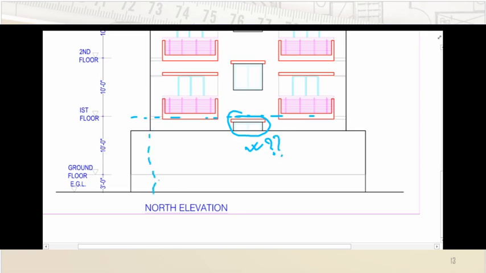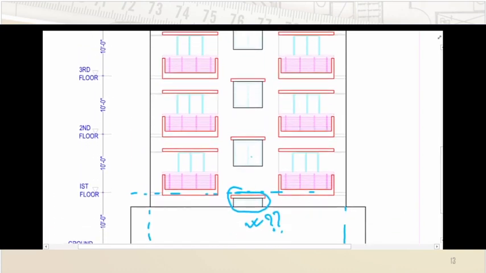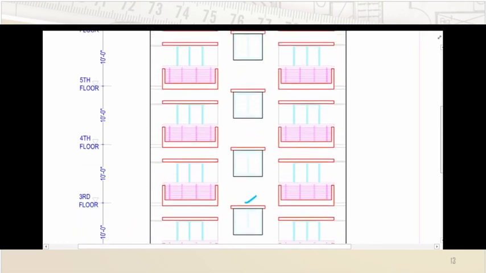All other things you can draw in a similar pattern like this. So don't include this portion as we don't have data. So what is this one? And we can see this on every floor of the building,